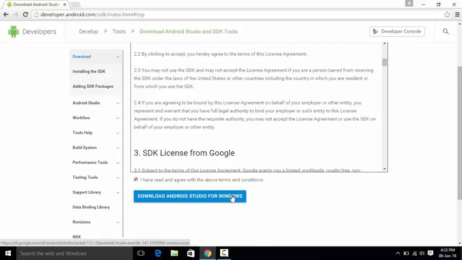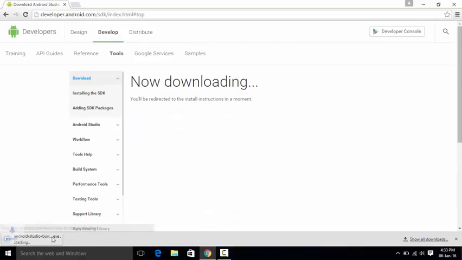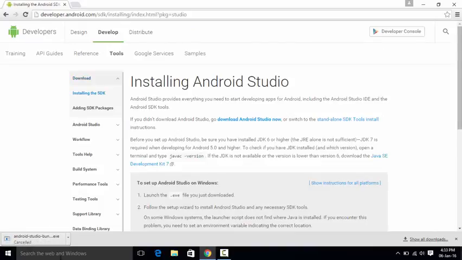Now I am not going to download Android Studio, and that is because I already have Android Studio installed on my computer. So the thing is that once you have clicked this button, your download will start right over here, and once the download is completed, you simply need to go to your download folder and run this installation file, which is androidstudio.exe, and once you run it, you will be guided through the installation process of Android Studio,